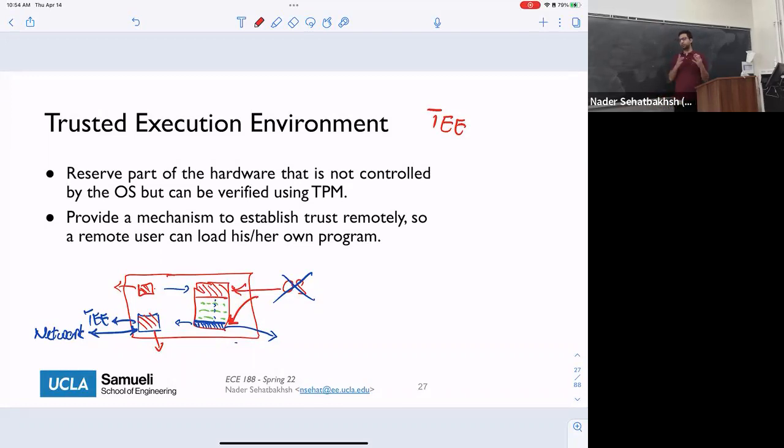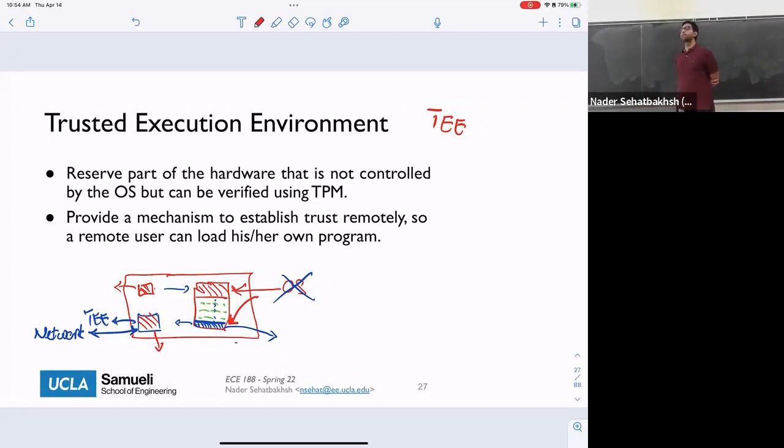Both of them are part of the reserved hardware, but TPM specifically is just a module that gives you some very basic functionality, which is just secure boot. And so TPM is like the thing that guarantees your OS is not corrupted on the start, right? Exactly, yeah. So then, when you say dynamic detector, does it mean that when the OS is running, it keeps on checking whether there's any malware injected into it?